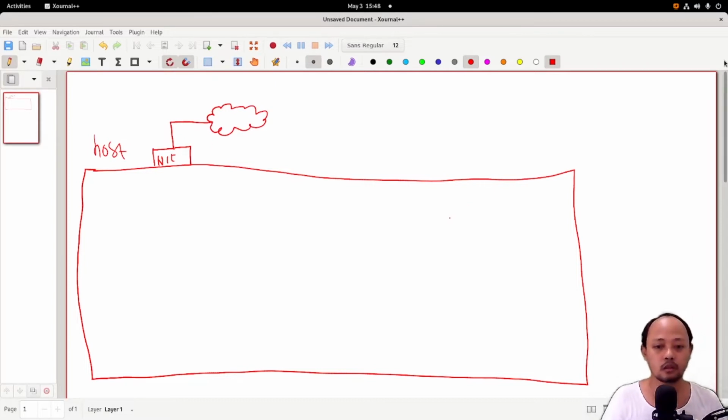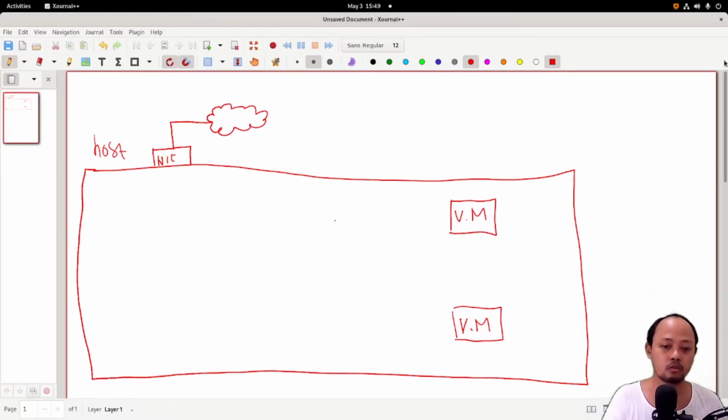Inside the host there are two VMs, and each VM is connected to something like a virtual router.